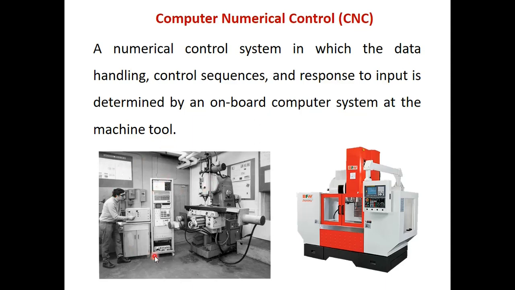So you can see in the first picture, this is the machine. Okay, there are different motors mounted to move in the X, Y, Z directions. This is the milling cutter. So this is a vertical milling machine. You can see the complete control is in the computer mounted here. It is such a big computer. But if you see the current VMC, that is a vertical milling machine produced by BFW, you can see only a small controller. So you can imagine, such a big computer has been moved to such a small computer in this case.